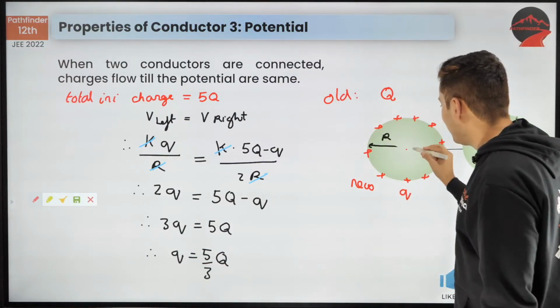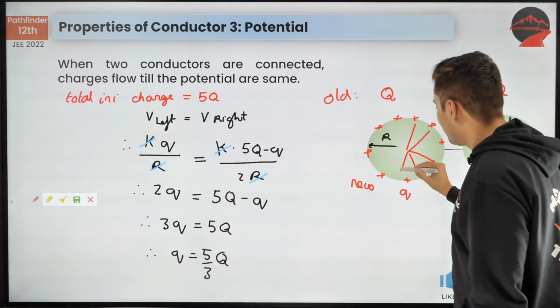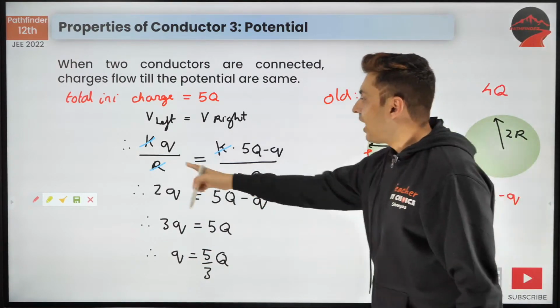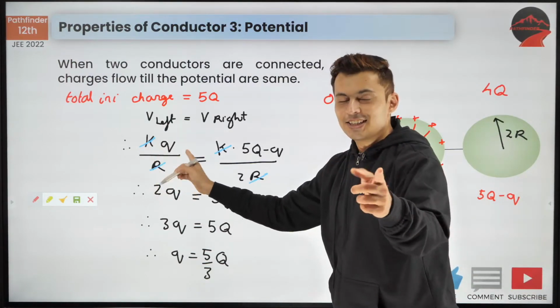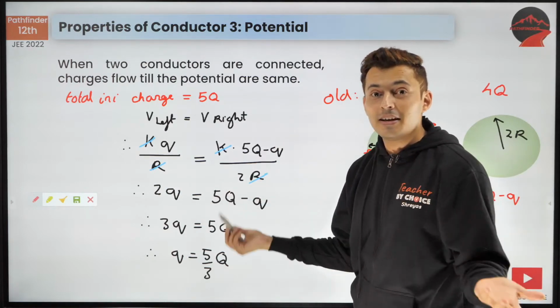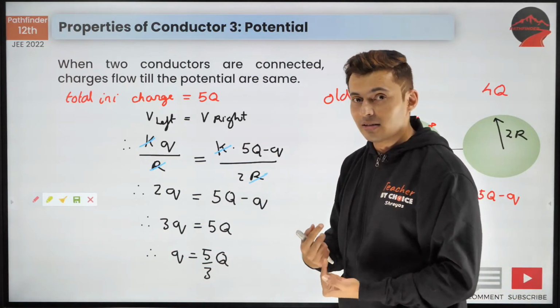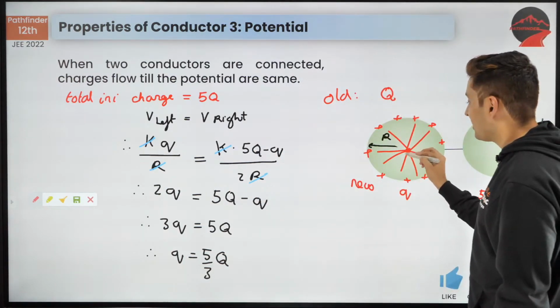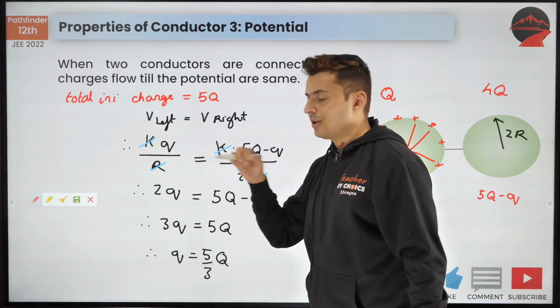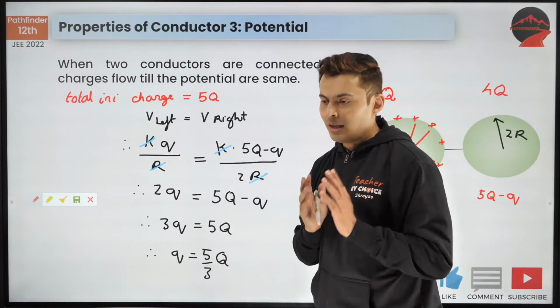Okay, now when you are at the center, all the charges are equidistant. What is the distance? R, right? So all the charges are at the same distance, and potential is a scalar quantity. Don't cancel it like vectors. So that's why the potential at the center can be easily calculated as kq by r. Done. I hope this is clear.